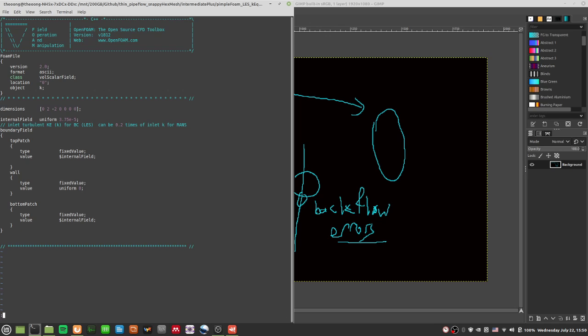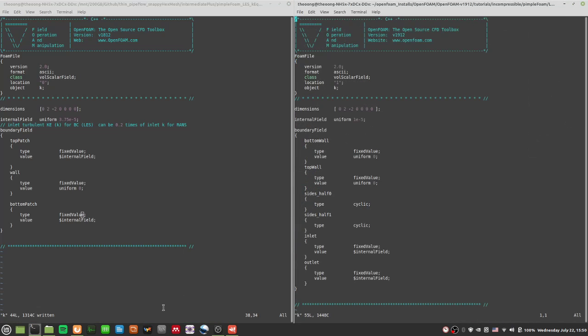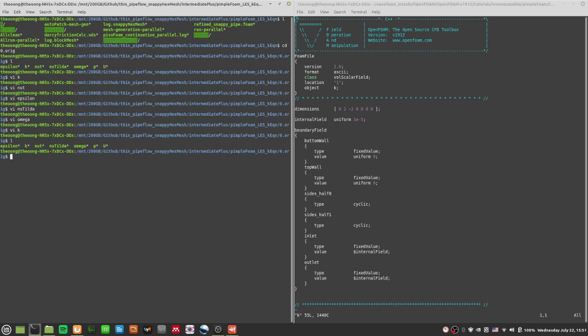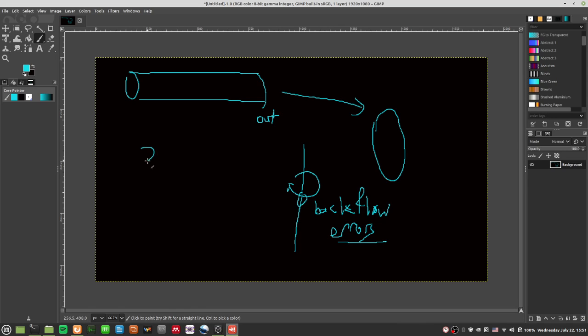Of course, you can also use the turbulence intensity method. How do we do it? In pimpleFoam, under the scalar BCs, you can use the turbulence intensity kinetic energy inlet, then multiply your intensity by 0.2. That's one of the other ways of doing it if you want to achieve that 20% idea, because